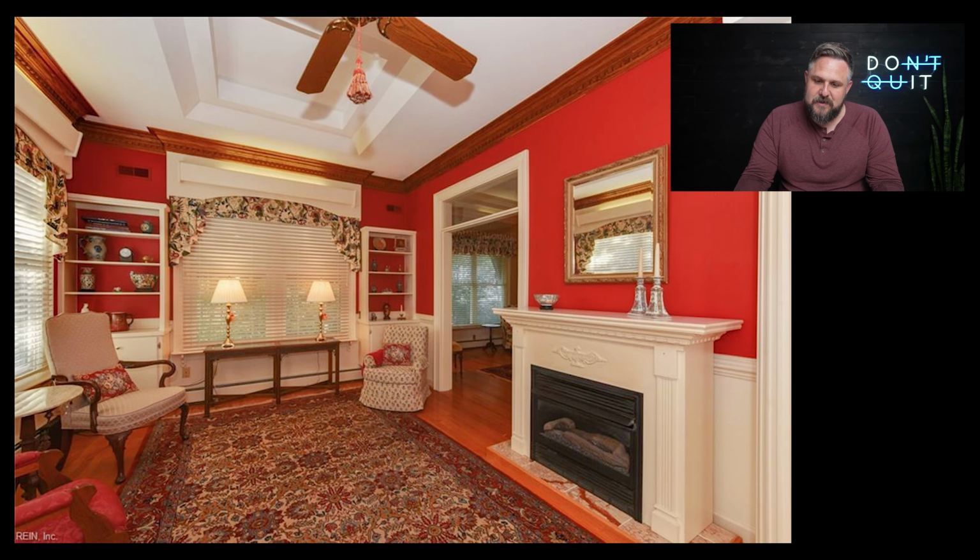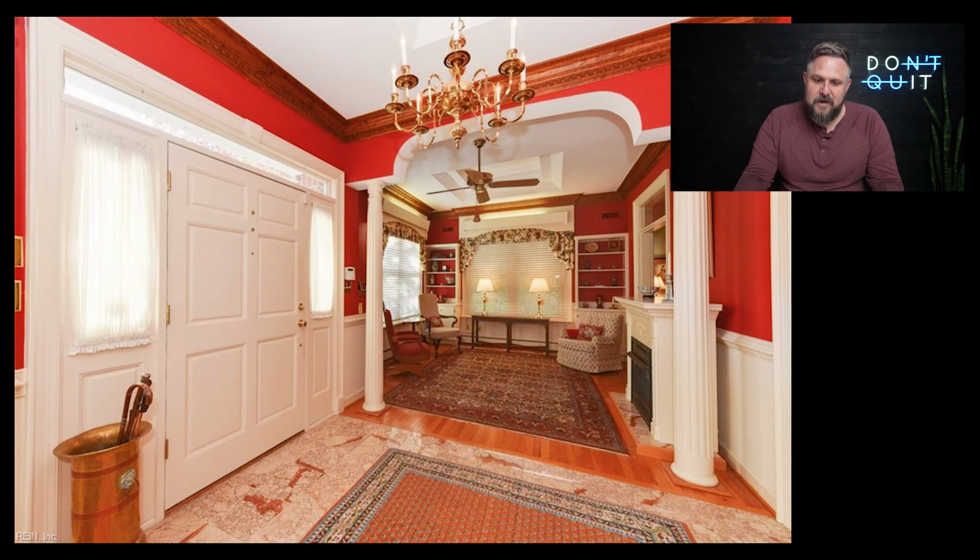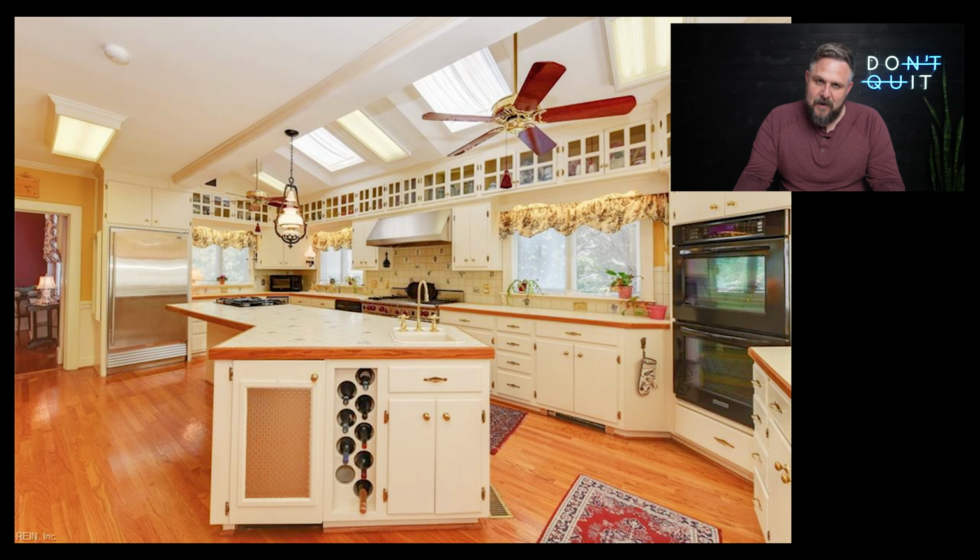You've got these old carpets. You have a dedicated sitting room where you have a fireplace and you can actually sit and read a book. You've got a nice sitting room or a card playing room. The kitchen, it's dated, right? It is what it is. I can tell you though, however,